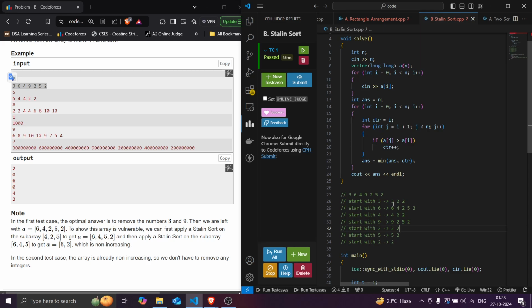How can I apply it? This is obviously already in non-increasing order, so I don't have to apply it. But since I have removed 4 elements, this will cost me 4 elements. Okay, this is one. Another is that if, let's say, I start with 6, so I have dropped 3 here,